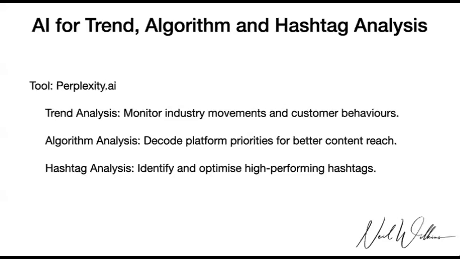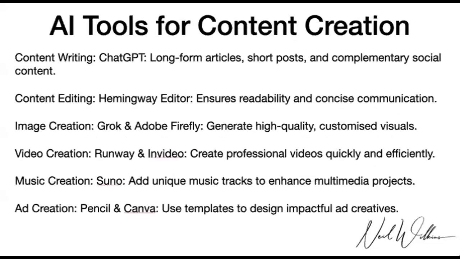And hashtag analysis, if we want to stay really aligned and putting our content out there, aligned and glued into trending topics, then we can do this in terms of identifying and optimizing the most high performing hashtags. We don't have to be making it up. We don't have to be using last month or last year's data or hashtags. We can be using Perplexity if we brief it right to being right at the forefront of almost live, almost real-time conversation and data.